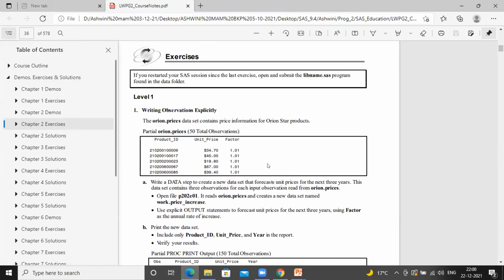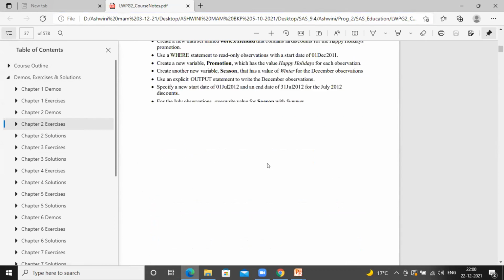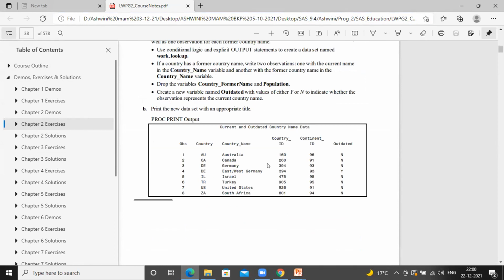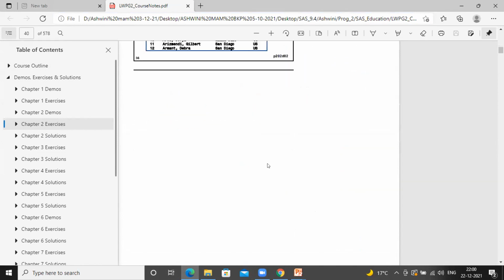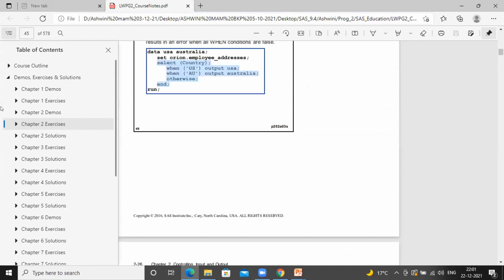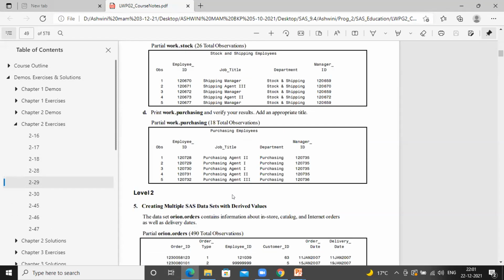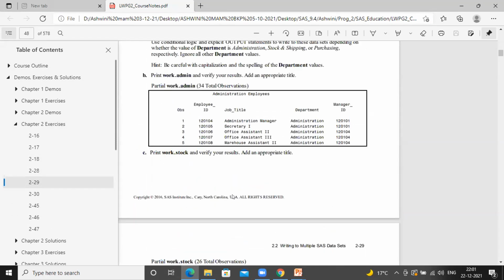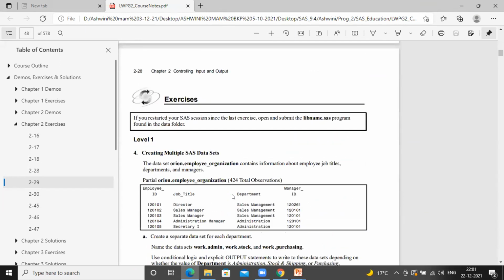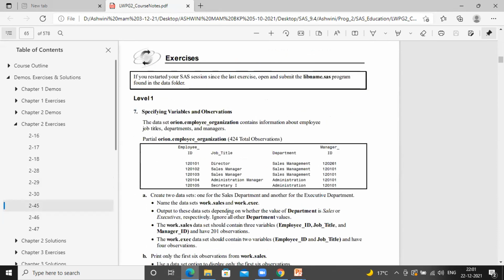So this is the exercise with explicit output we have already done. Next is creating multiple data sets, specifying variables and observations.